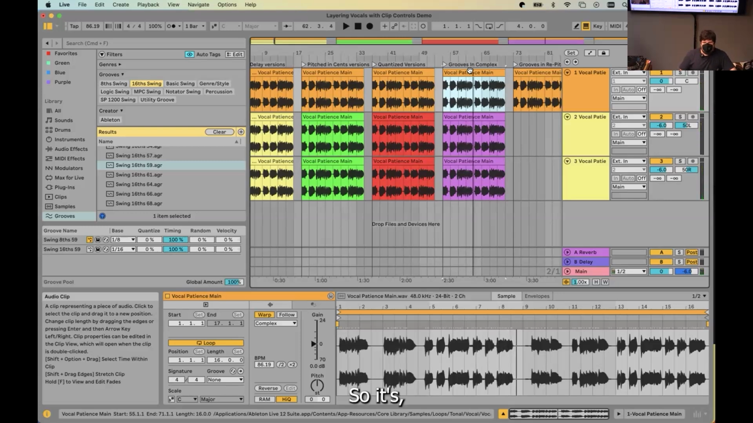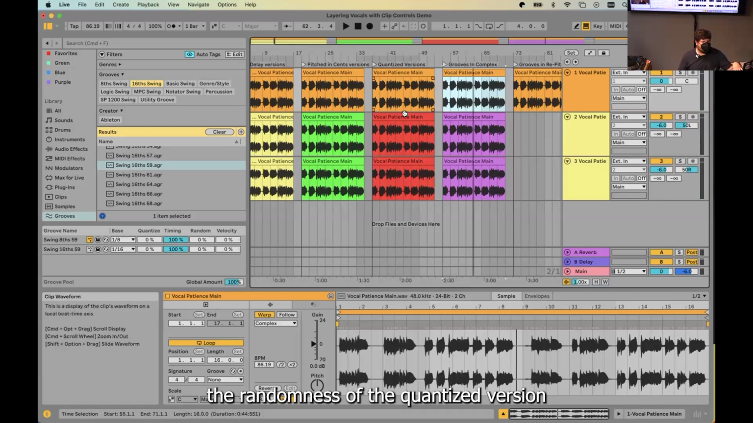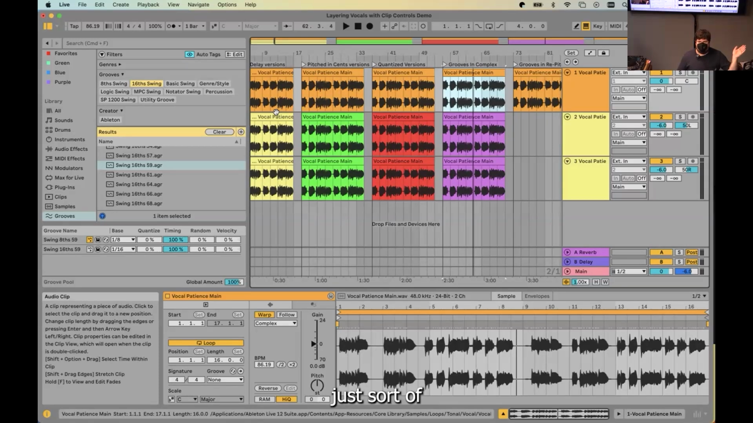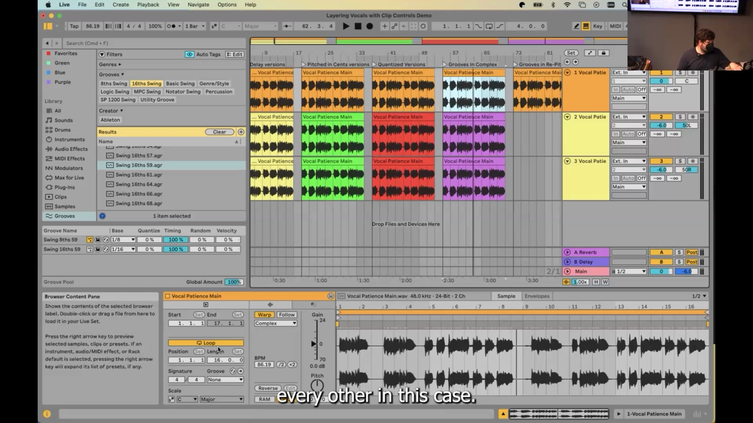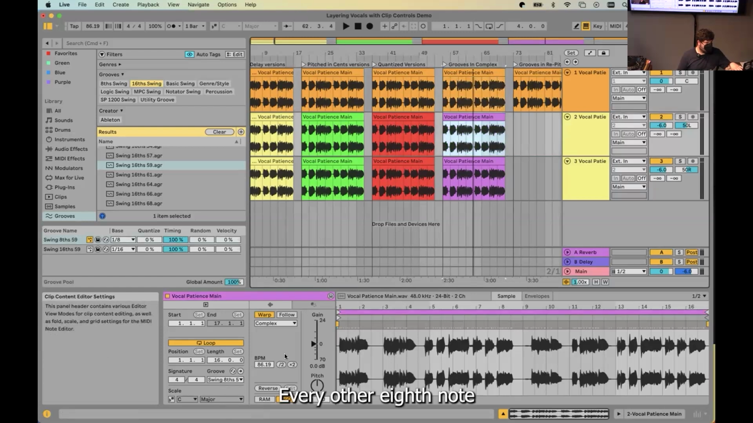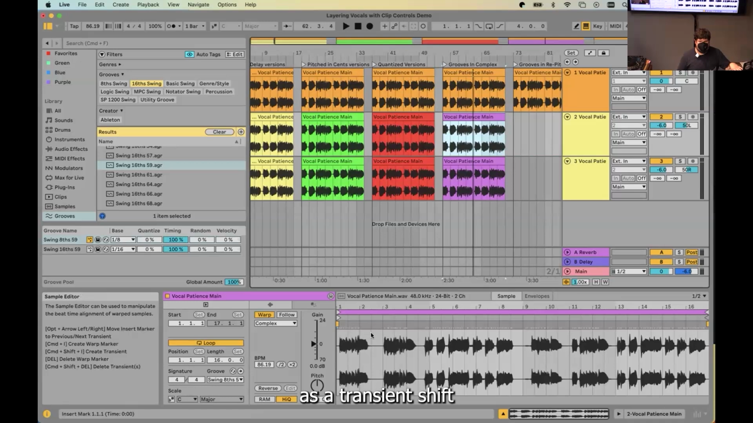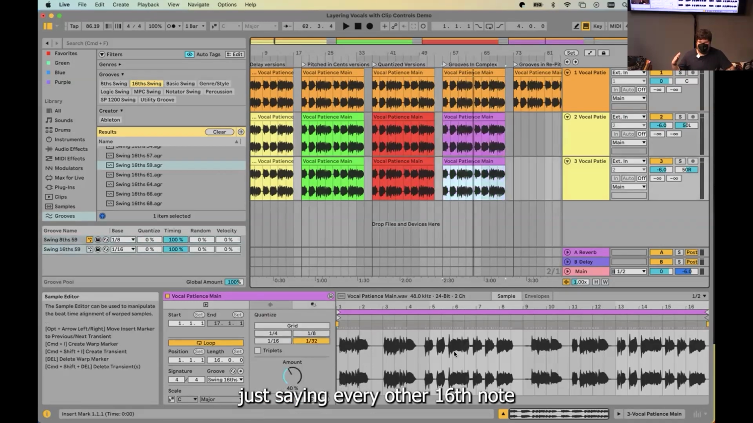So it's, in my opinion, somewhere in between the randomness of the quantized version and the very, very not random, just straight time shifted versions, right? Because if you think about it, all we're doing is telling Ableton, every other eighth note that you detect as a transient, shift that eighth note over a bit. And for this one, it's every other 16th note, shift that 16th note over a bit, right? So it's not making as many